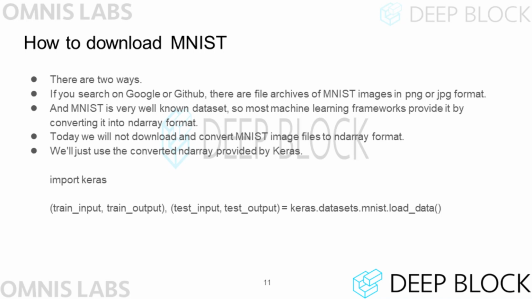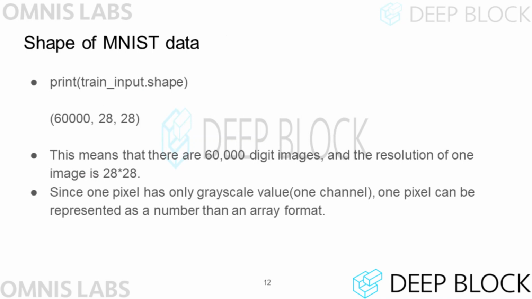Activate the Conda virtual environment T1 created in the previous class. Since we also installed Keras in this environment last time, there is no need to install any additional packages. Create a file called MNIST classification.py and write the code on the slide. Then write print(train_input.shape) below and run this program in the T1 environment.